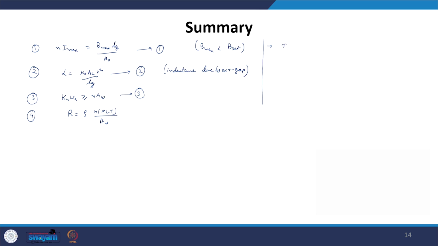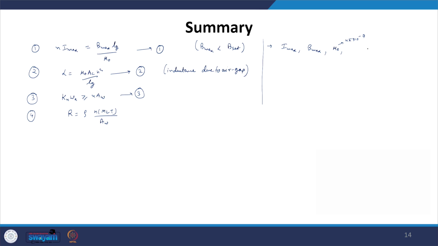For example, we know our Imax value, which we can obtain by understanding the circuit operation in which this filter inductor is used. Then we know our Bmax value from the core material. It should be less than the saturation value of magnetic flux density. So if you select the core material, you have already defined the maximum value of B you can go to. We also know our mu naught value, which is 4 pi into 10 to the minus 7.